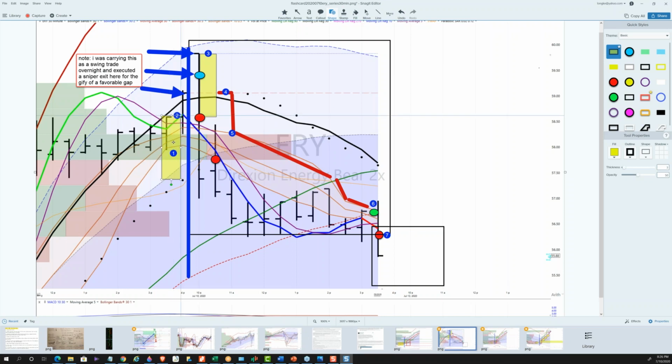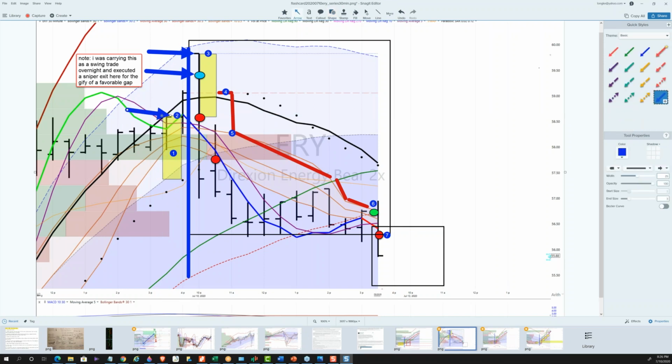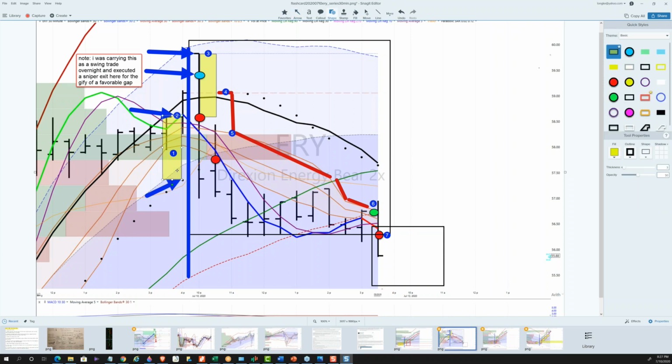So that's from the hump of the RL10 here at 2, and the PSAR dot right here. So that's the size of my MMRB. So that's like a $1.25. So the next morning, it gaps up $1 from 59 to 60 and opens at 3,